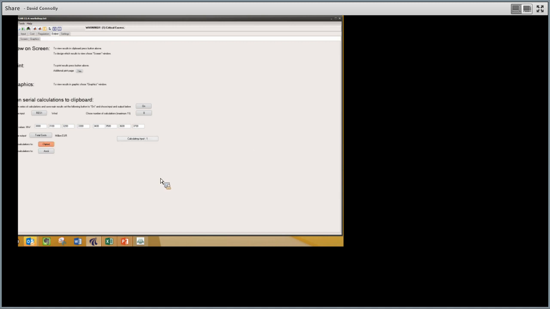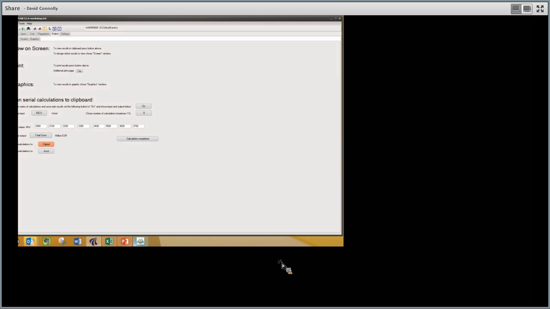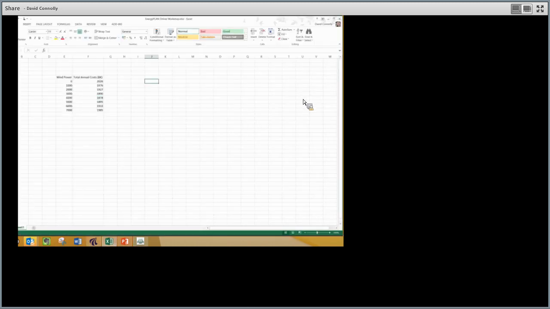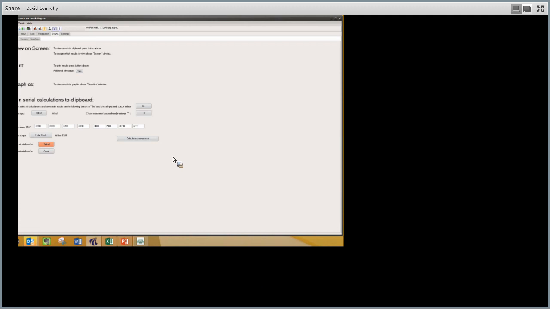If I do it like that again, now I have a much finer resolution at the 100 megawatt level. Then I could also copy the results in once again and get it down to a much more detailed level. I won't go into any more details on that, except to point out that, as I mentioned, this